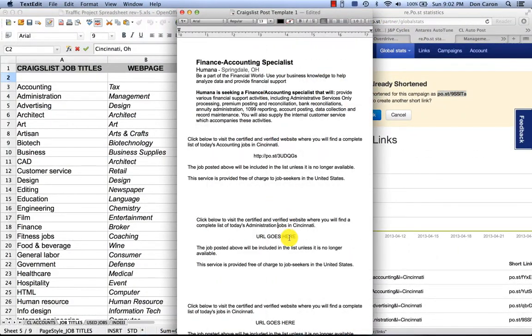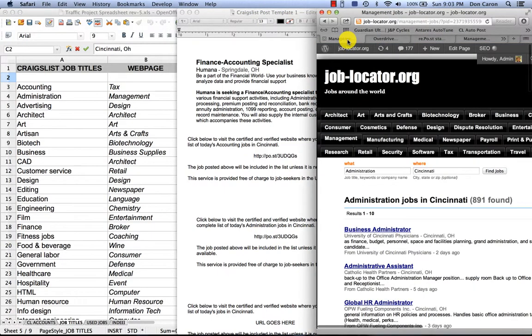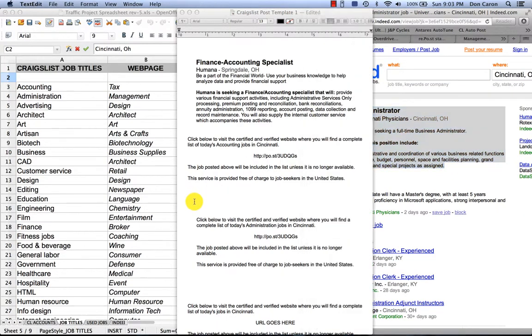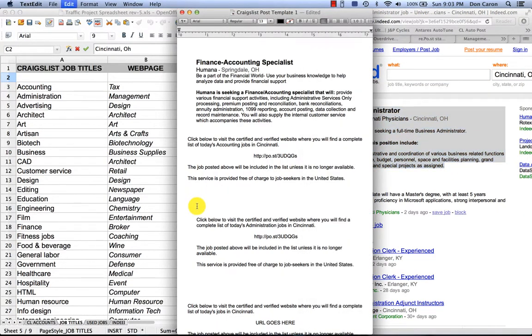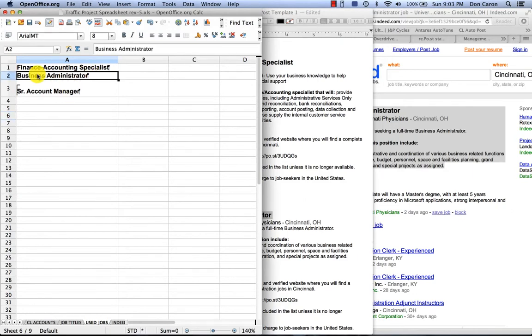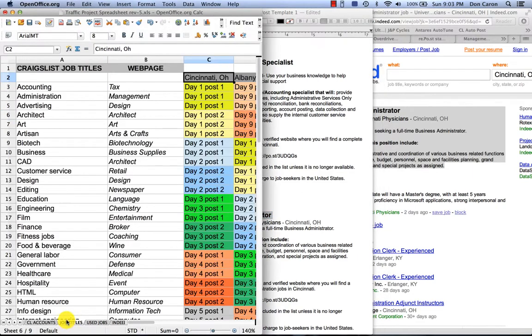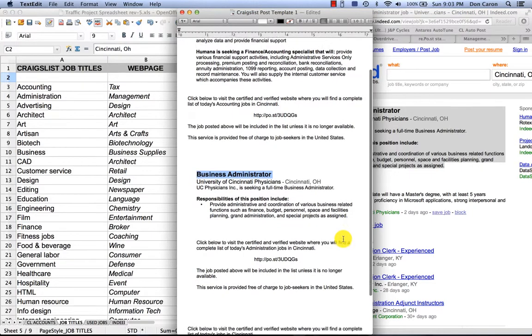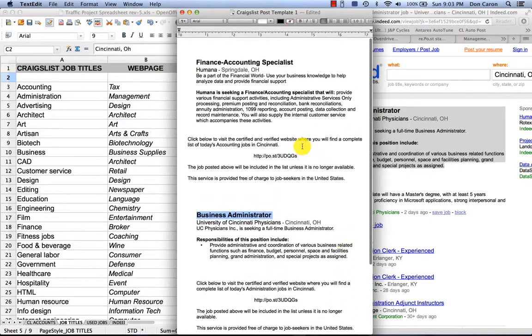Paste it in here, and then you'd go back and you'd click on the first ad, grab the first paragraph, paste it in above there, take your title, go to the used jobs, paste it in to the next position, job titles, which I did earlier, and then you go ahead and repeat it with your third job. I already have